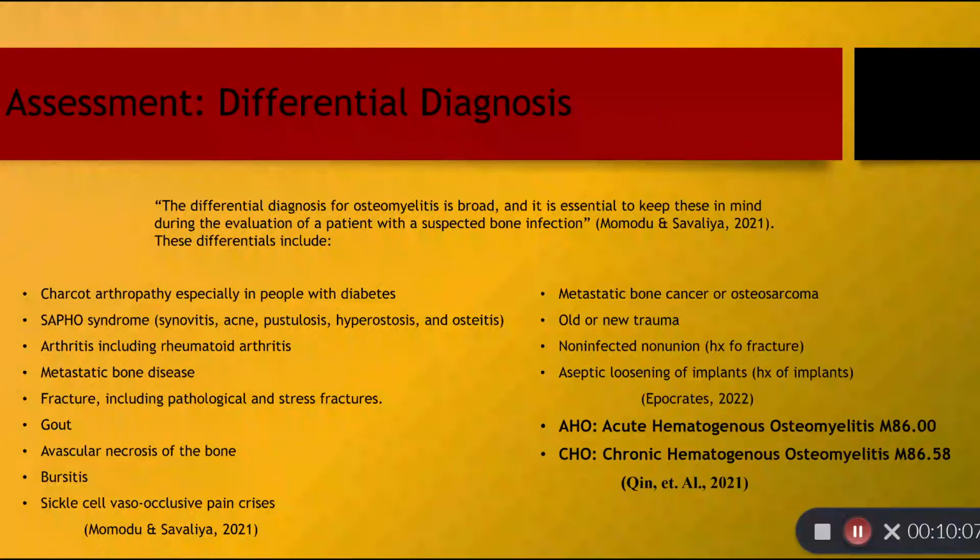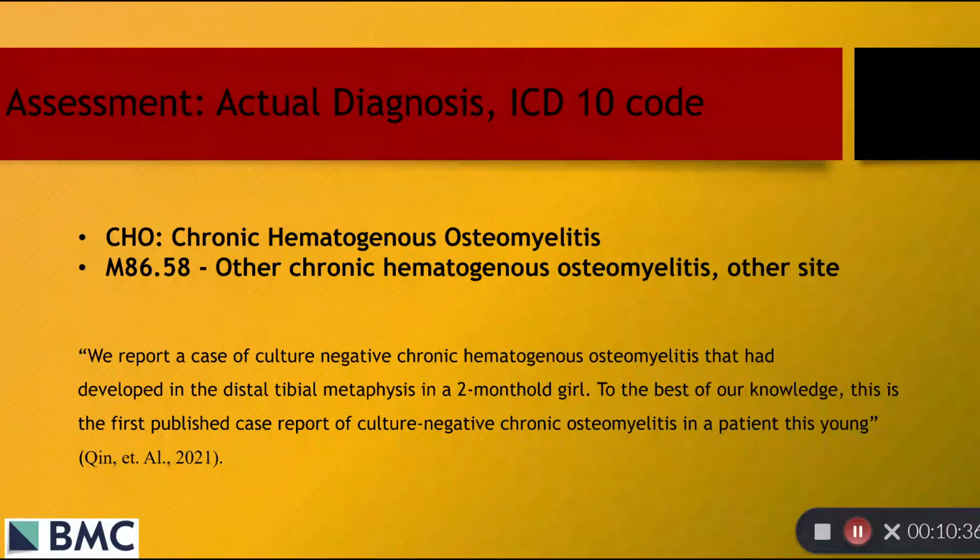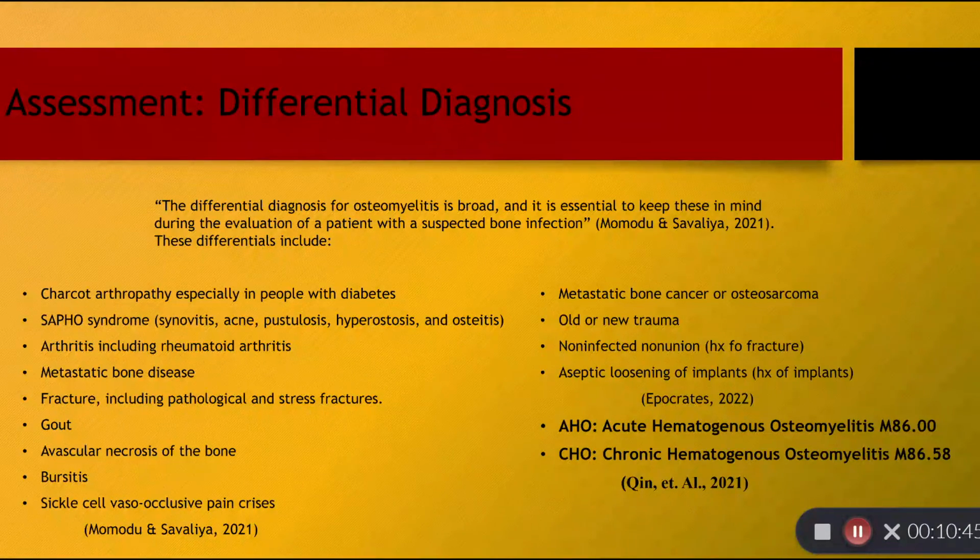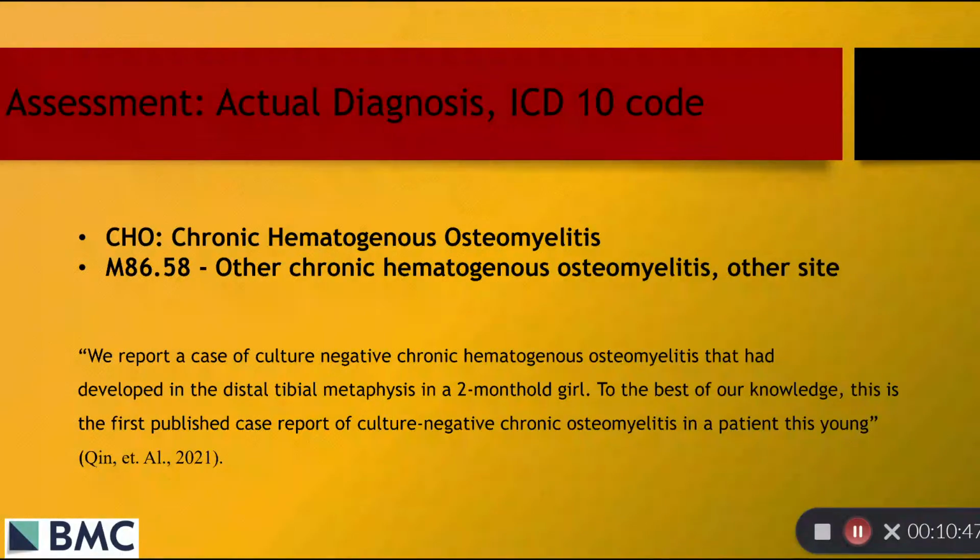Differential diagnosis. There are a lot. We could be looking at, and it depends on the patient, of course, but gout, bursitis, sickle cell, avascular necrosis, SAPHO. You see the list here: metastatic bone cancer, older new trauma, infected, like a non-healing fracture, aseptic loosening, or acute hematogenous osteomyelitis or chronic hematogenous osteomyelitis, and those are your ICD-10 codes. And the actual diagnosis is, for her, I'm so sorry, it's actually acute. Well, I guess it's chronic hematogenous